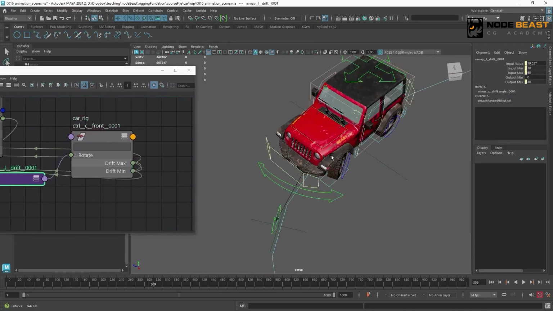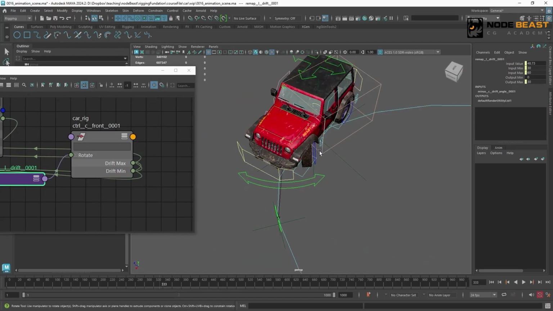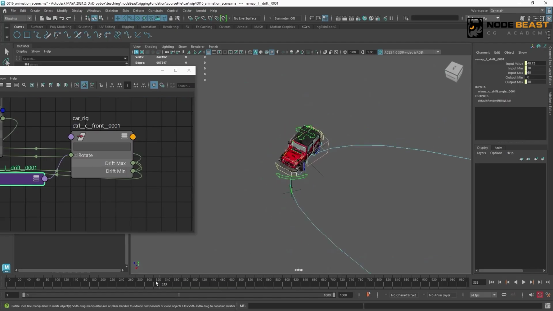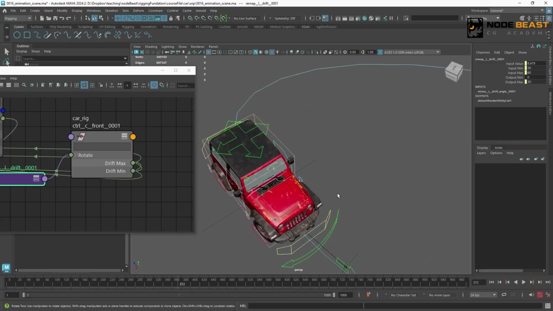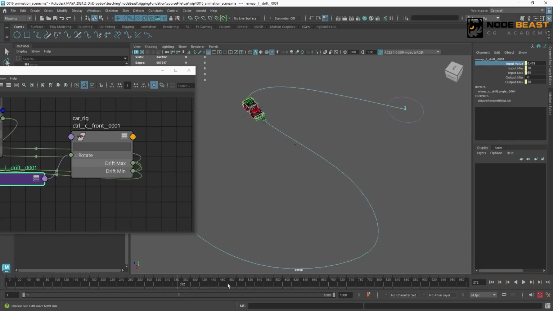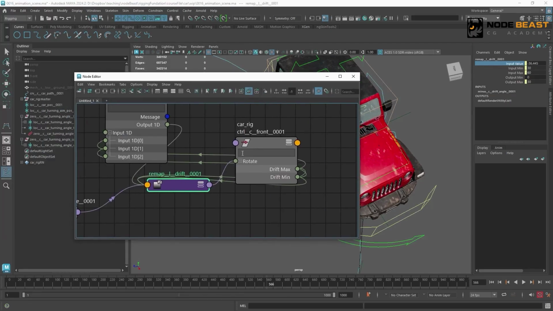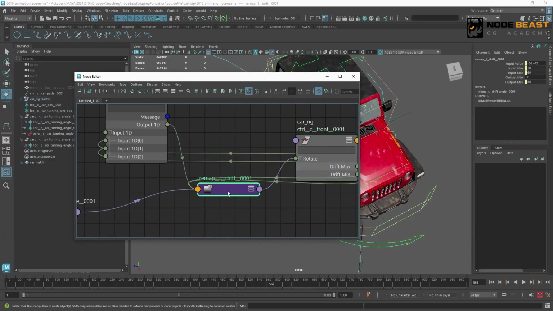Let's look at the effect now. You will see the wheels don't rotate as noticeably now. Why? Because there is a drifting effect here. Take a look. And when the car returns to a position where it doesn't need to turn so sharply, the front controller's rotation goes back to 0. But of course, there is a problem here now. That is, when the car turns in the other direction, there is no effect. Why? Because this remap value node only handles positive rotation.